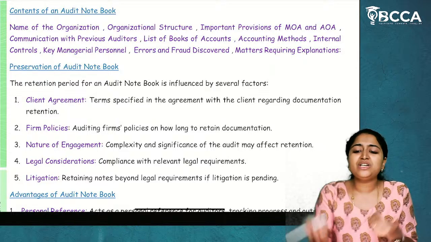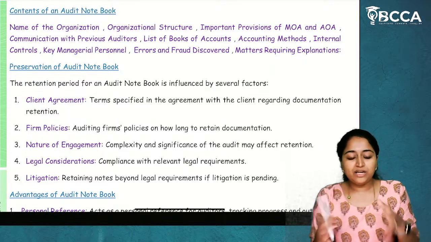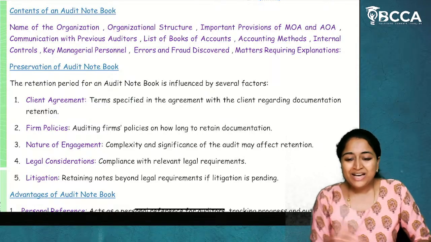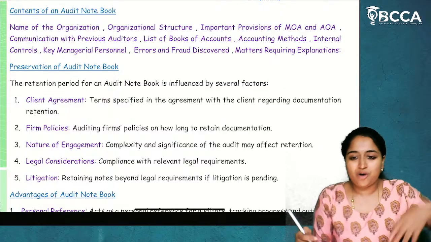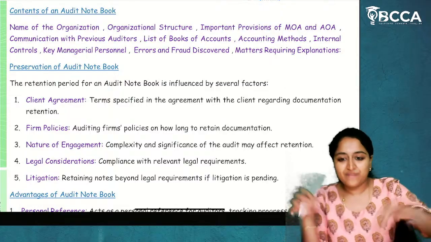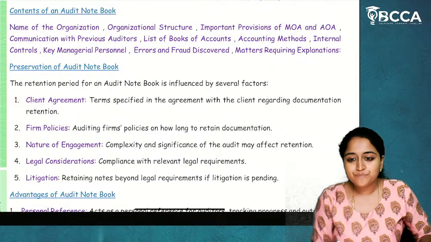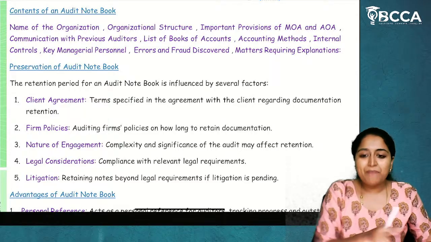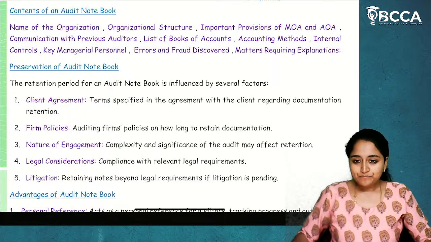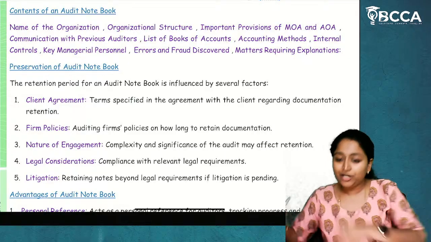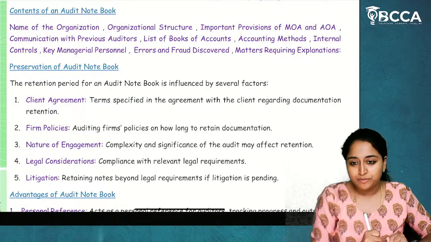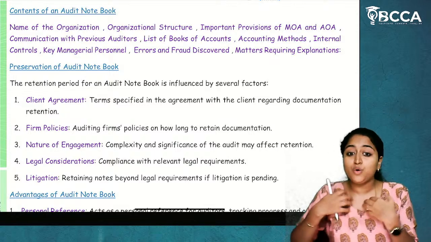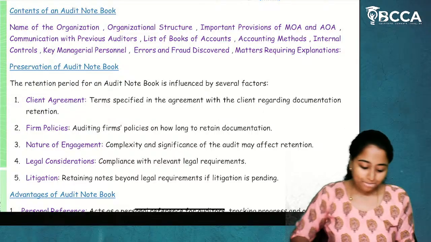which means for his future reference, if he is finding something and he wants a clause from MOA and AOA, he can't go every time and ask the organization, please give your MOA and AOA, I'll revise it again and I'll give it back to you. Can he do that? No. When he is doing the one-time verification, if he has come across main clauses, he'll write them in the audit notebook. So that for future reference, he need not again go to the management and ask for the information. He will have that information. So based on his observation, his explanation for his own audit purpose, he will write everything.